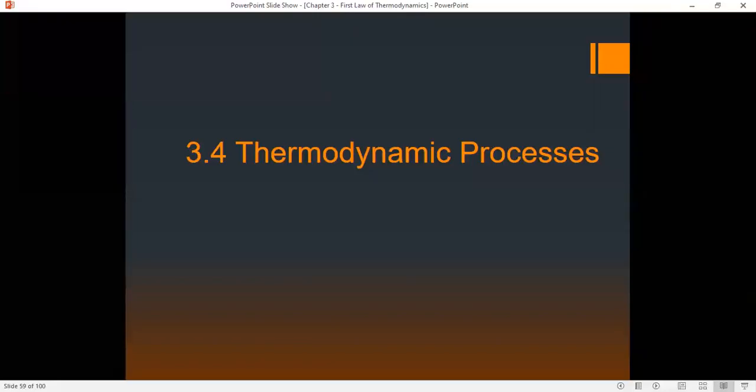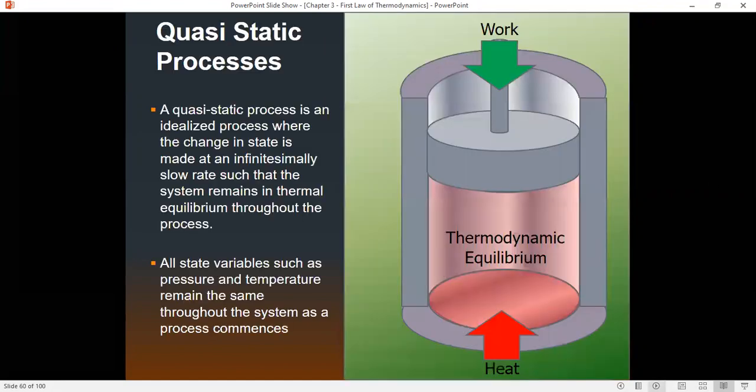Okay, just a few additional notes on thermodynamic processes. We've talked about a few so far, but we're going to use the term quasi-static process. Quasi meaning that it's not really, but it comes close to being a stationary process or an unchanging process. And the reason why we call it quasi-static is when we're doing expansion and compression of these ideal gases, we're doing it at such a slow rate that we don't get any disruption of the thermodynamic equilibrium.